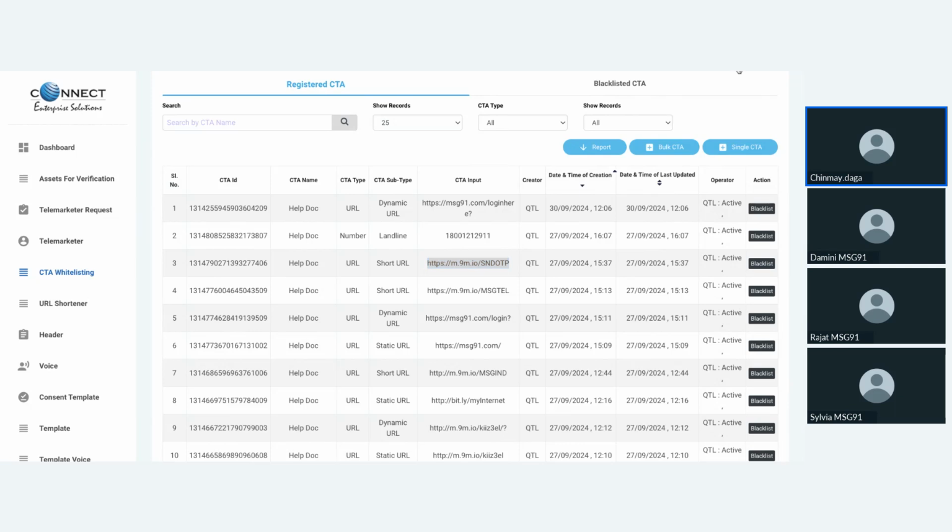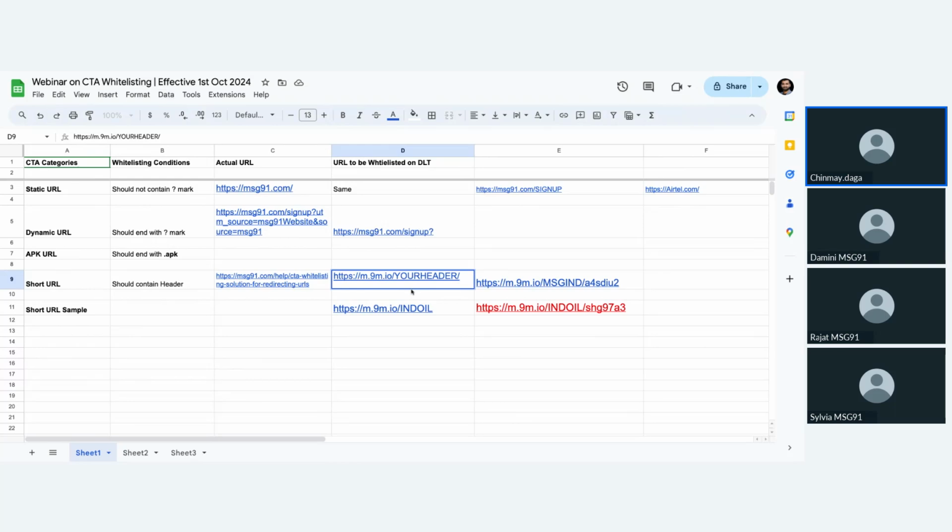You can use our short URL domain, and our short URL domain is m.9m.io. Okay. So you have to use m.9m.io and upload that on your DLT platform